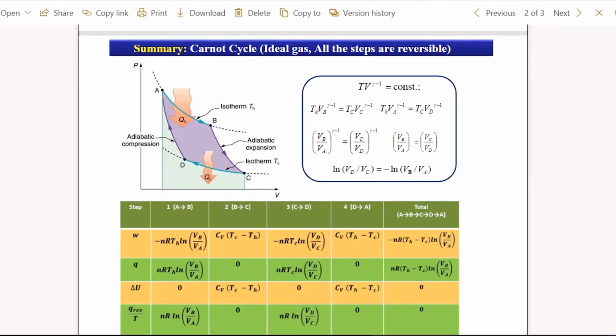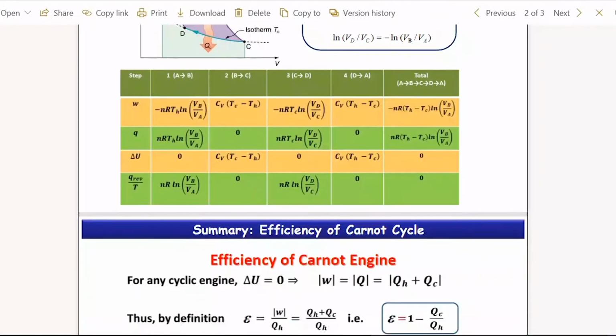And in this, we found the Q and the W at each step, and we found that the total W which is obtained is nothing but the total amount of heat absorbed by the system minus the total amount of heat rejected, that is, the total input of heat which is supplied. And in doing that, we had come to,